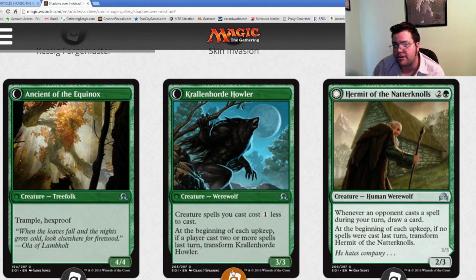And it flips into a 3/3. Creature spells you cast cost 1 less to cast. If you cast 2 more spells, then you flip it. So it has 2 abilities. It can stock up extra cards, which allows it to flip easily because you use that ability instead of casting spells. And then when you have multiple creatures in hand, you can cast multiple creatures and flip it back over